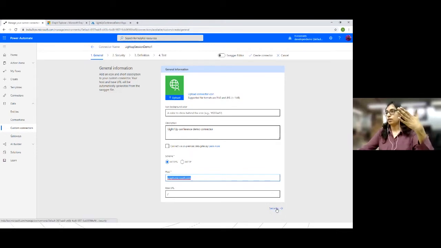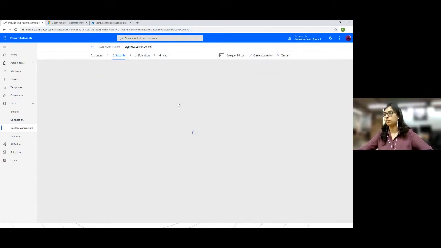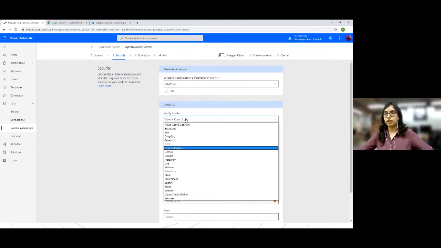Then I'll go to the security section. Here I need to specify the authentication type. As we are using Graph API, we'll select the OAuth 2 option. Then we'll select the identity provider as Azure Active Directory.